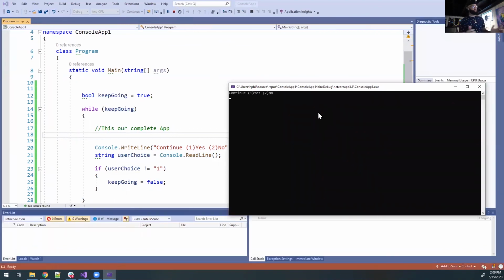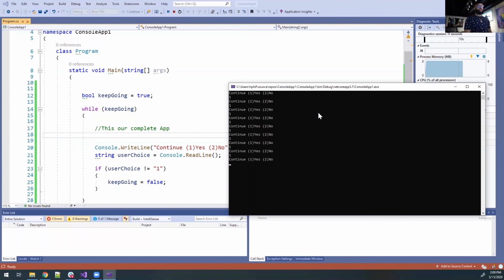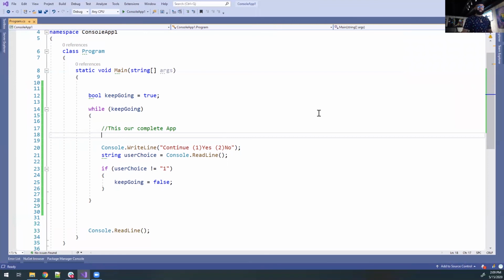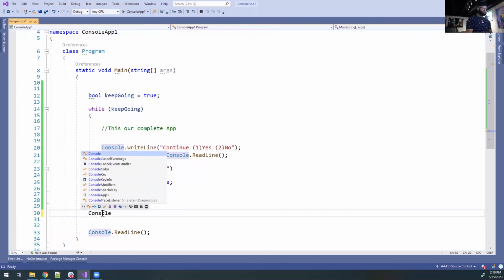All right, so it asks, do you want to continue? Yes or no, right? So if we do want to continue, we'll press 1, and then we should get that question again, right? As long as we press 1, it'll continue to ask us, do you want to continue? Now, if I give it anything else but 1, a 2, that's it. It's over. Application ends. Yeah, that's it. If you want me to prove that it actually ends, I'll say